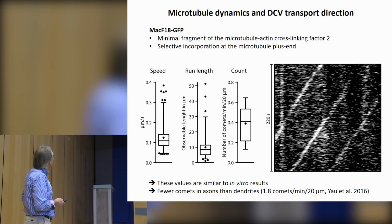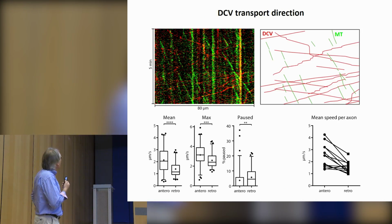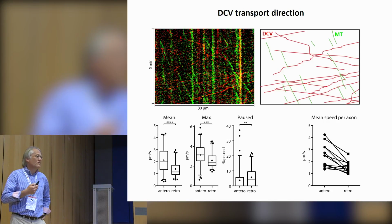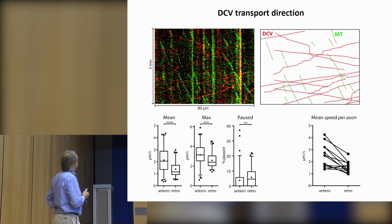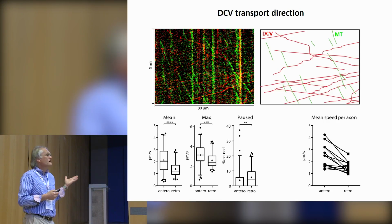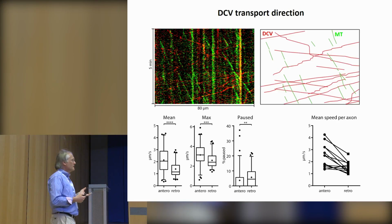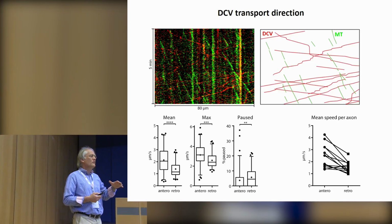So, but now we can compare that, of course. It's very similar to in vitro, and we find actually fewer comets in the axon compared to dendrites, where that, of course, also happens. Now we can do both at the same time. So we can do imaging of microtubule plus end extension, and we can do dense vesicle imaging, and then basically that would allow us to identify the direction of transport for the dense vesicle, so we can discriminate antero versus